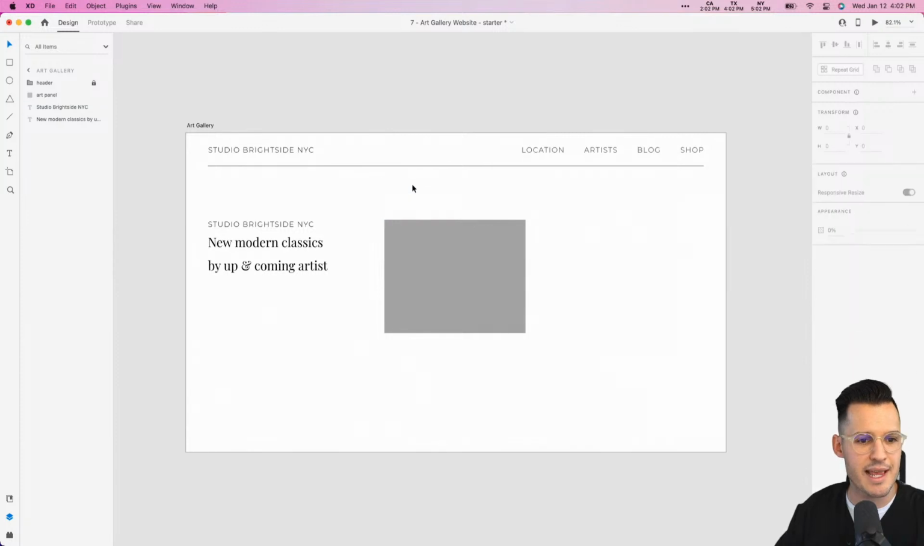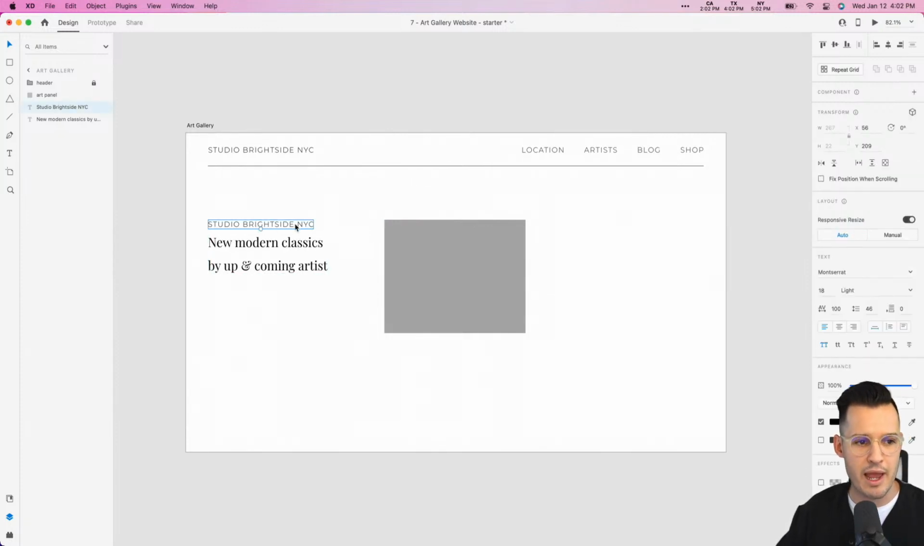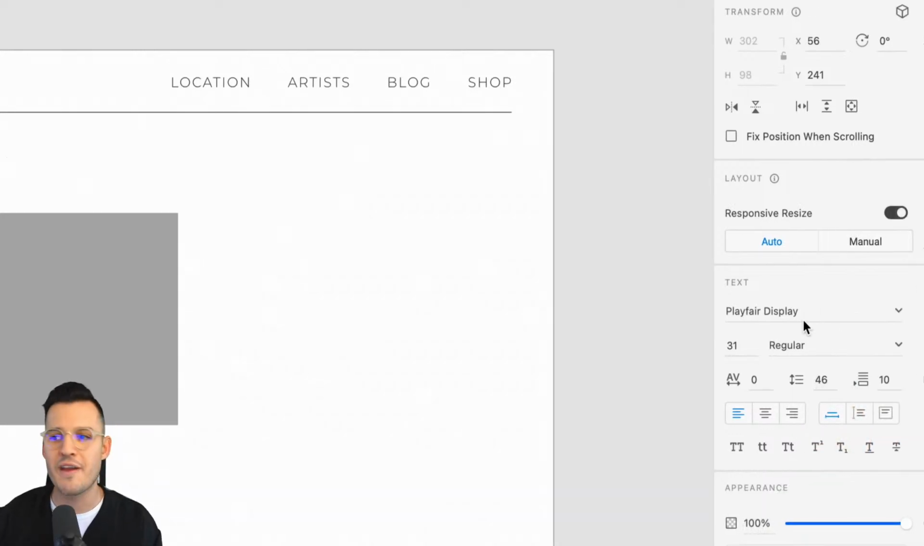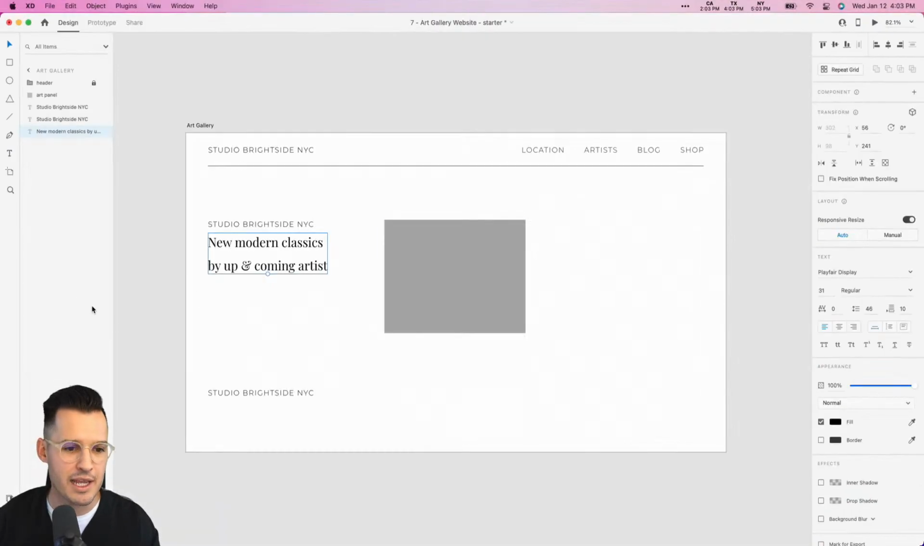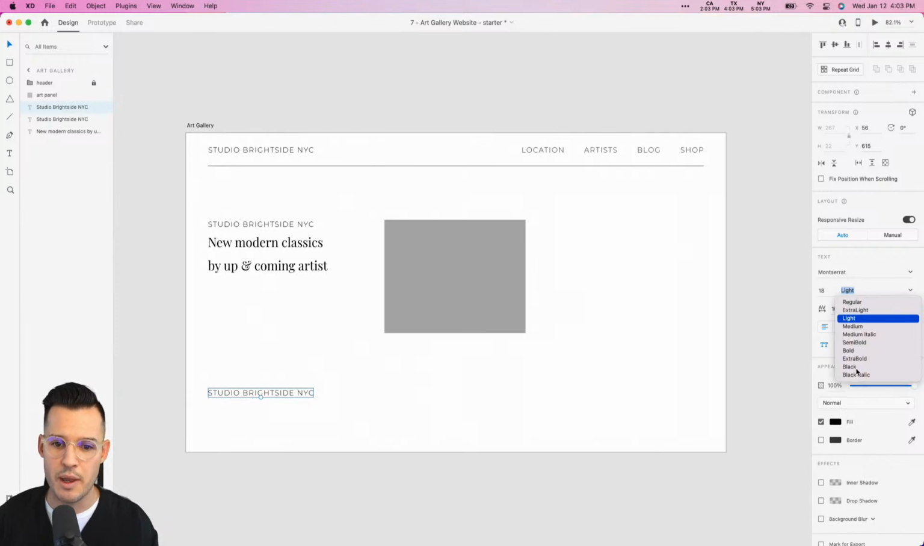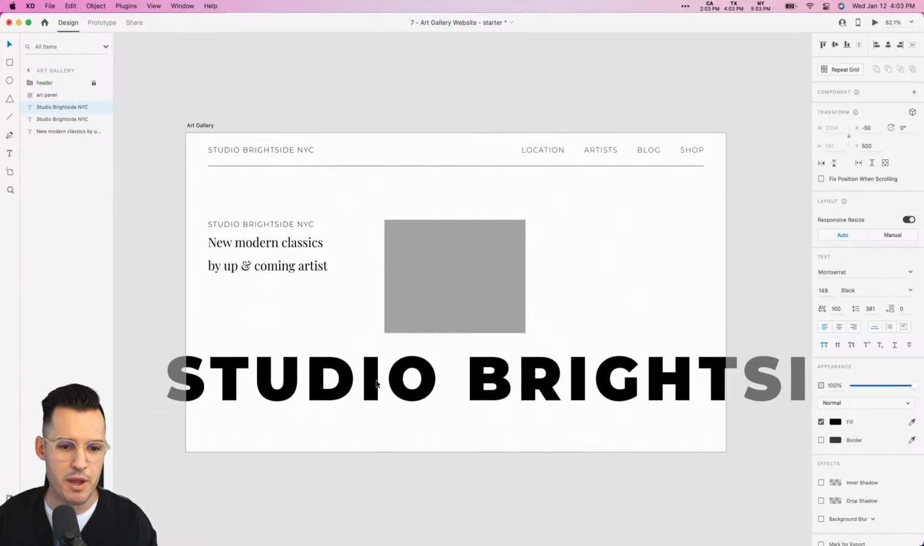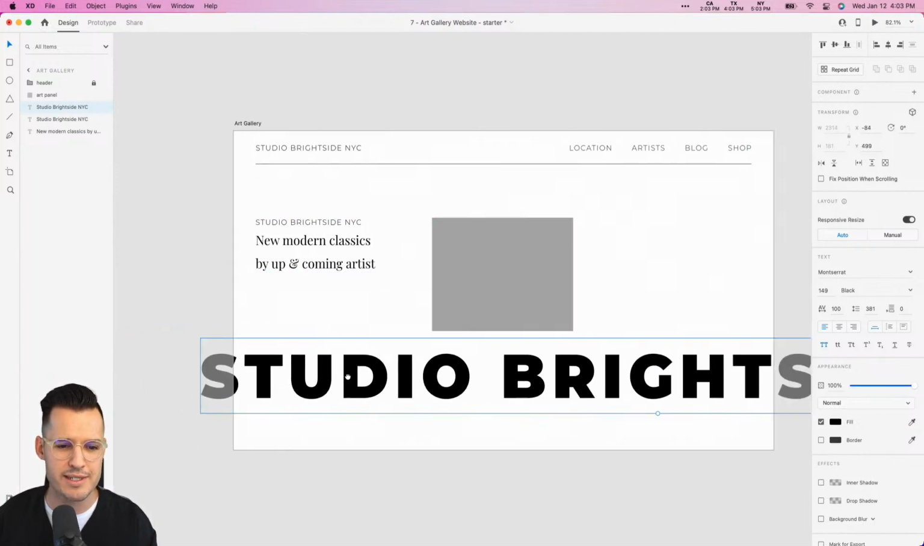We'll get to that here in a second, but first I'm going to grab my text, and we're using, let me see, the pairing of Playfair Display, and also we're using a little Poppins. So we have a serif and sans serif font in our project today. But let's start with Montserrat, not Poppins. So we're going to start with Montserrat. Let's go black, big, bold typography. And what we're going to do here is probably just pop the words Studio Brightside New York City in,